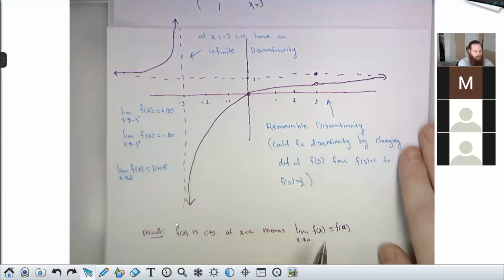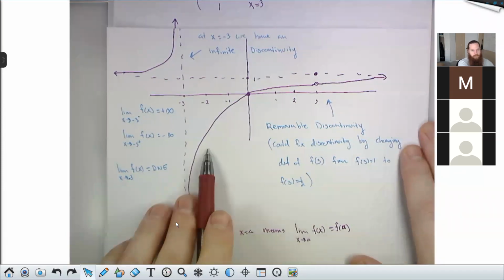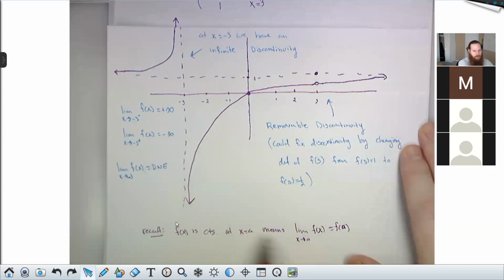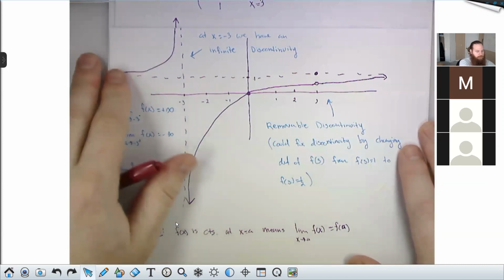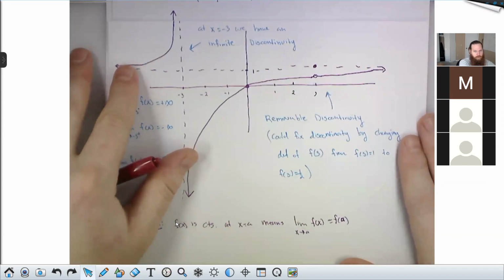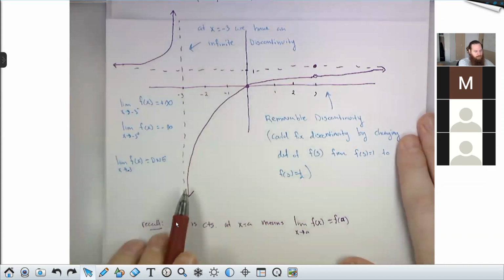So we have to ask, is this satisfied at x equals -3? If you plug in -3 for a in this expression, do you get a true statement or not? If this statement is true when you plug in -3 for a, then we would say f of x is continuous at -3. I claim that this statement is not true when you plug in -3 for a,